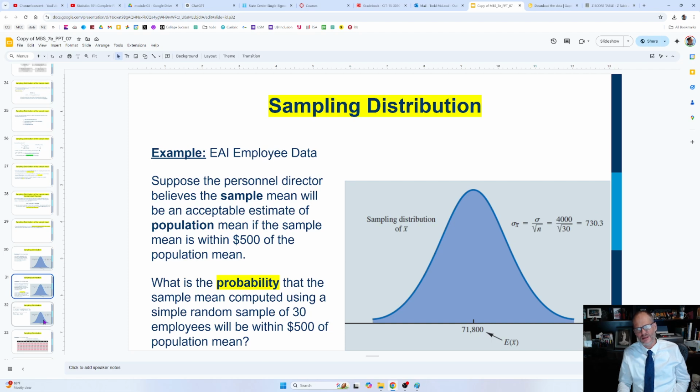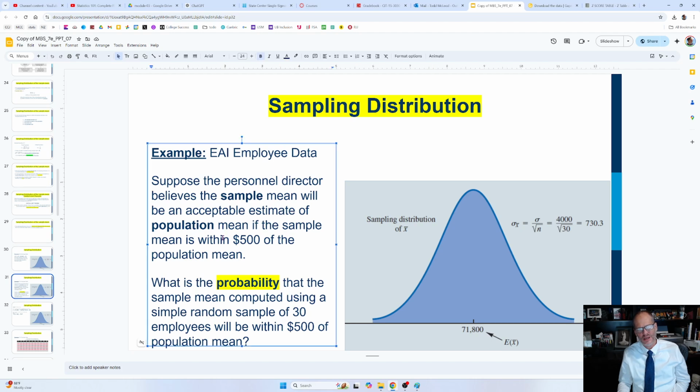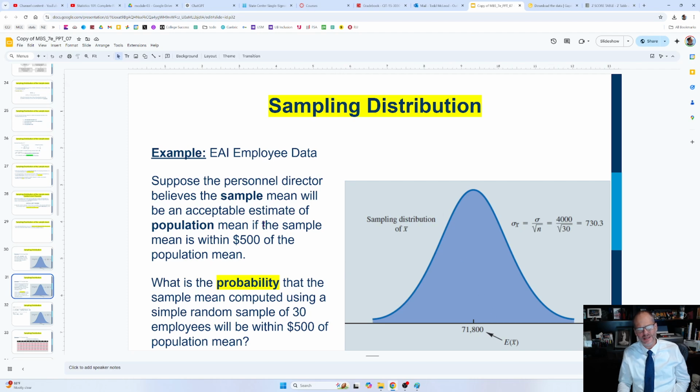What does that mean here? Well, we want to know how much is within 500. Our boss, the personnel director, will think the sample mean is an acceptable estimate of the population mean if the sample mean is within 500 of the population mean. So what that tells us is that right here,